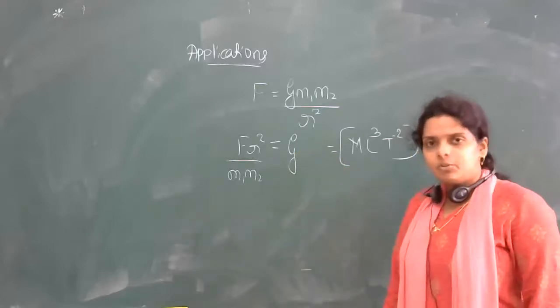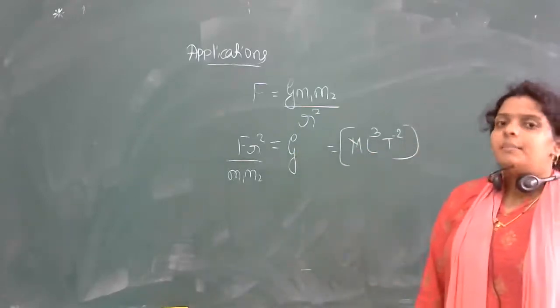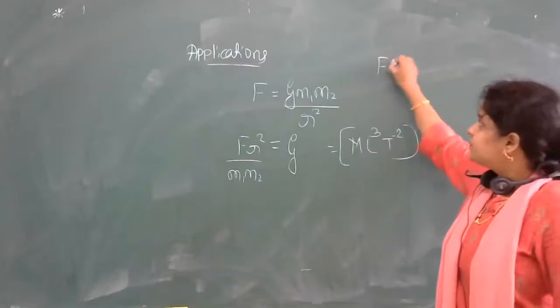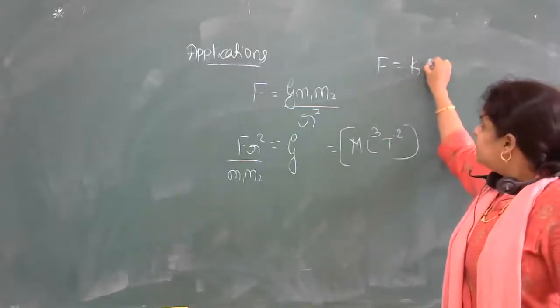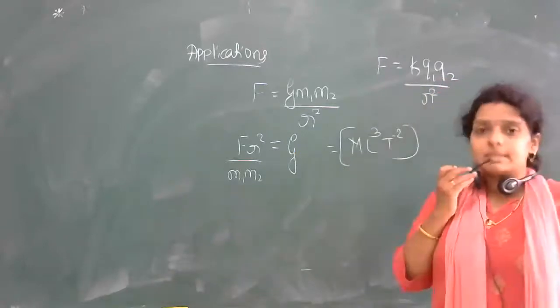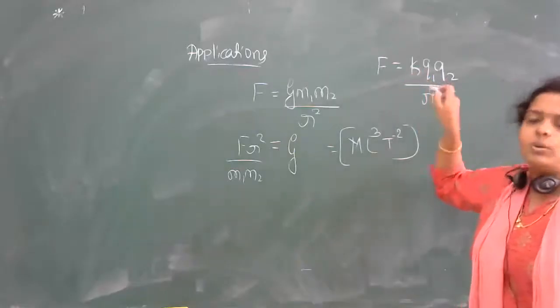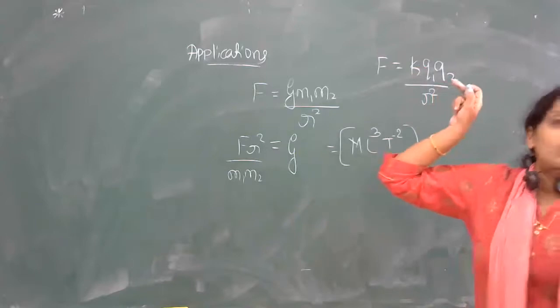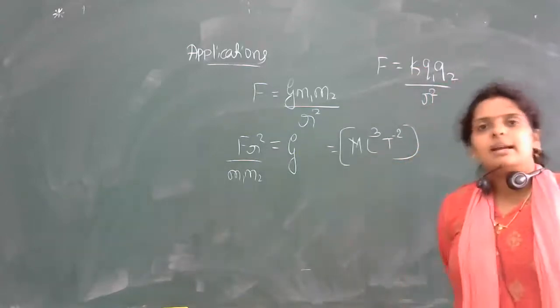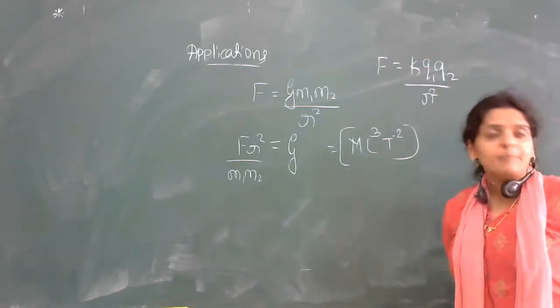I can take a few more examples, but here you don't have charges and all. But here we have one more formula, k Q1 into Q2 divided by r square. This is Coulomb's law. In second year you will study this Coulomb's law. Here k is a constant. You can calculate the dimensional formula of this constant also. So this is regarding the dimension formula and its applications.